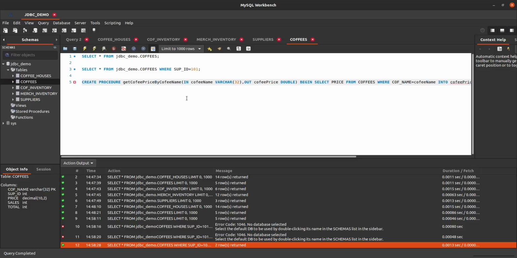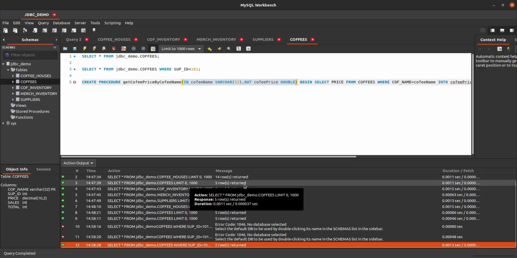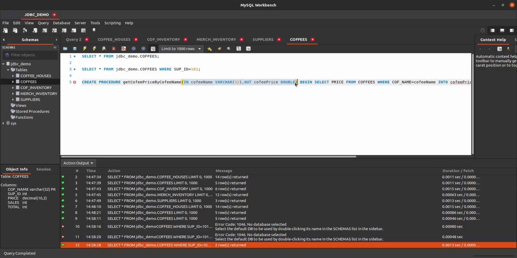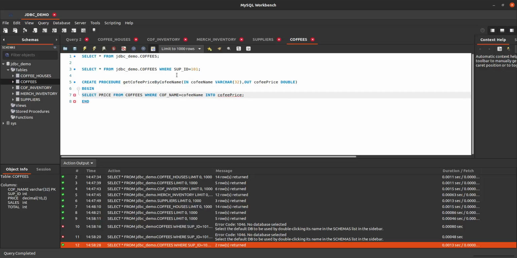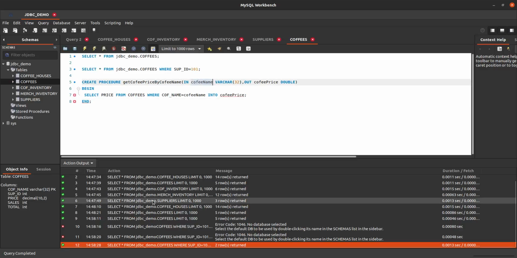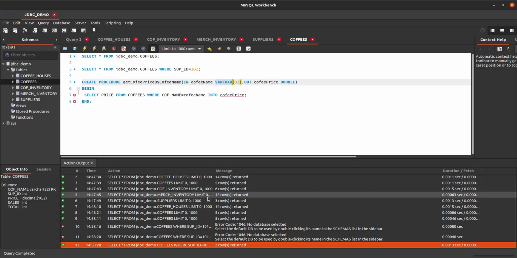We have to tell in the parameter body what the input parameter is and what the output parameter is. So the input parameter is the coffee name, the output parameter is the coffee price, which is of type double, and the input parameter coffee name is a varchar of 32 characters.